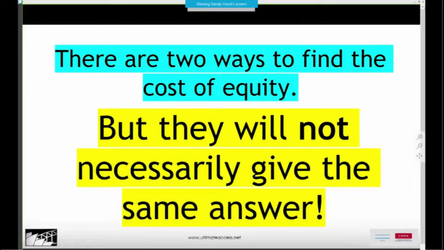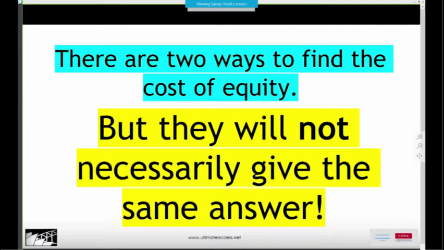There are two ways. They will not necessarily give you the same answer. So I think that that's quite important. This isn't a sort of made-up schoolroom, classroom setup where all the numbers are going to work perfectly and that they will give you the same answer whatever you do. The issue is that we're dealing in the real world, and so the calculation of the